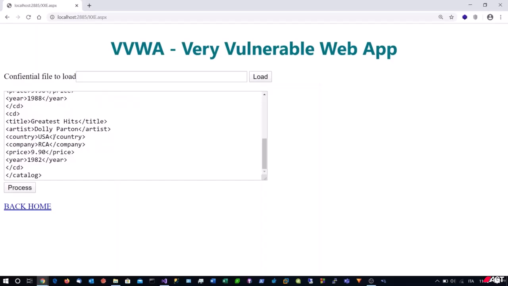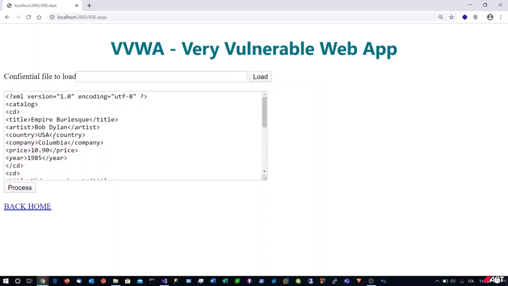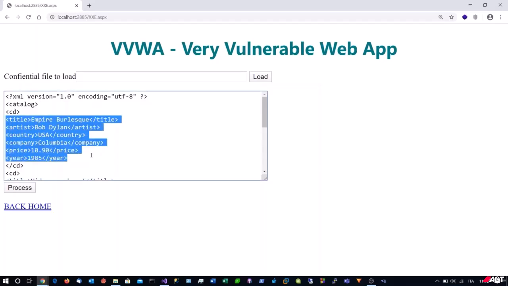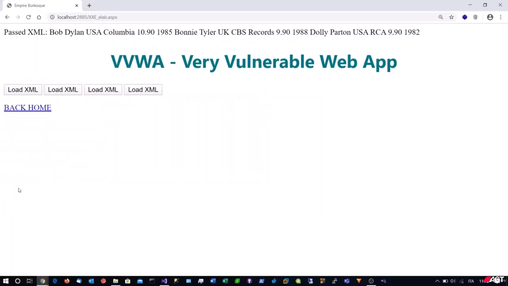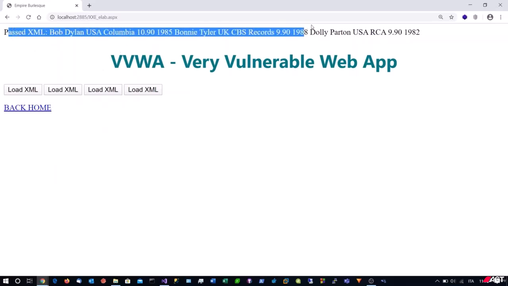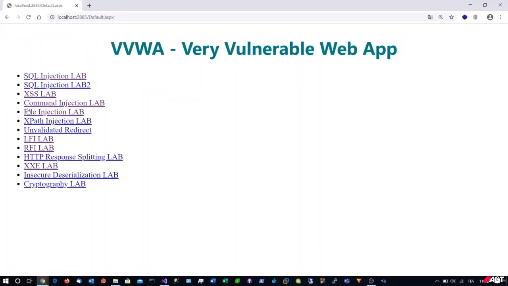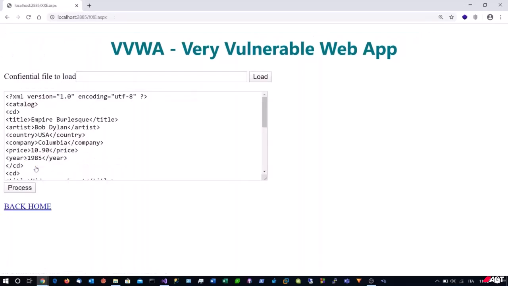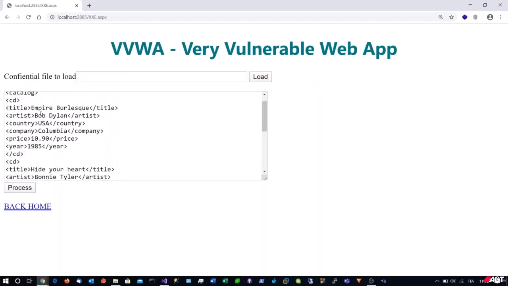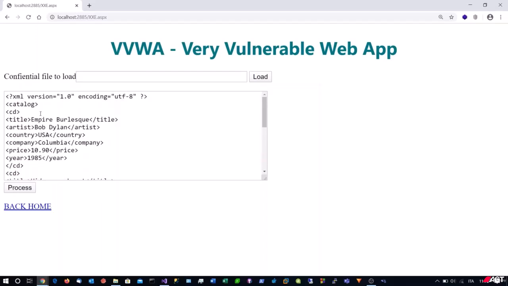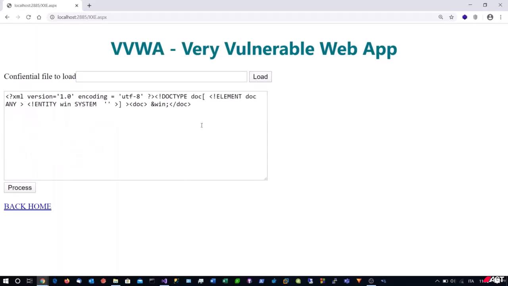In the text area, there is a hypothetical XML document concerning a CD catalog. And this is what the programmer on the next page expects to parse. So, by pressing on the process button, you can see that on the next page the XML is processed and its content is printed. Let's go back, let's see what happens if instead of sending the correct XML, you send an XML modified